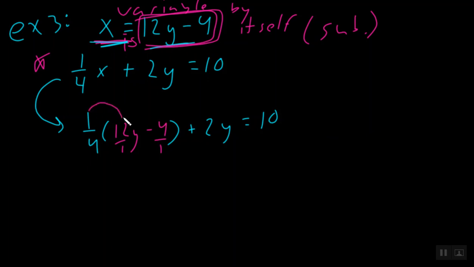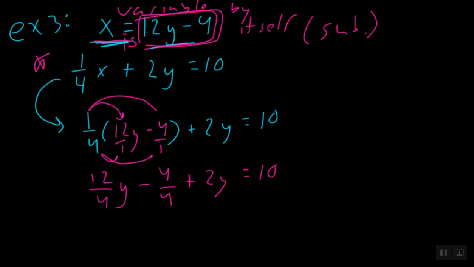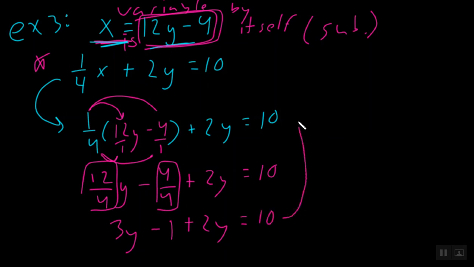And on our fractions, when you multiply, recall it's top times top, or 1 times 12 is 12 over bottom times bottom, 4 times 1 is 4, y, and again, top times top, 1 times negative 4 will give us negative 4 over, and bottom times bottom, 4 times 1 is 4, plus 2y is equal to 10. Now from here we want to do a little simplification. We know 12 divided by 4 will give us 3y, minus 4 divided by 4 is 1, plus 2y is equal to 10. And moving this on up, well, now I have 3y plus 2y, which is 5y is equal to,